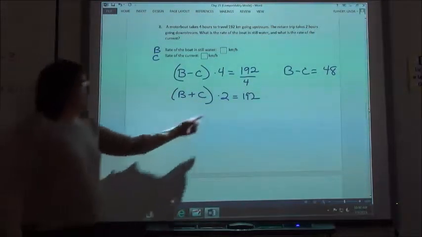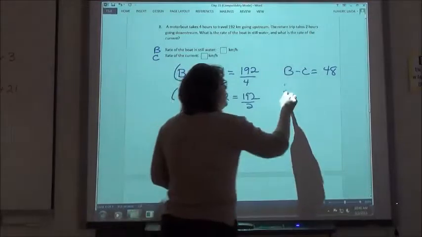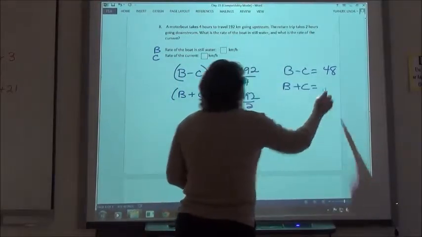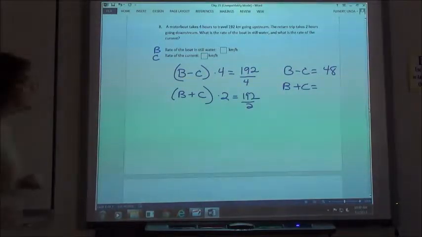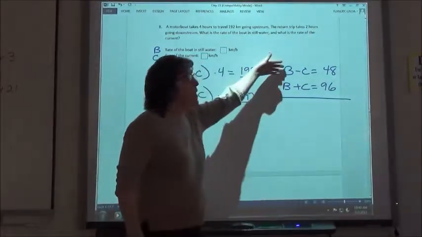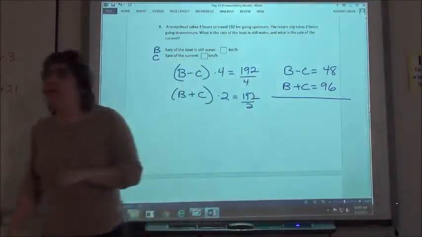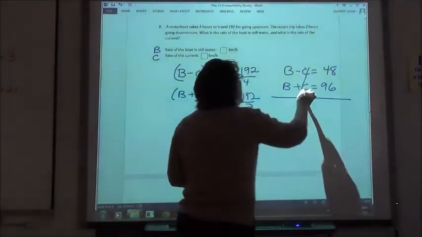So again, I'm going to divide by that 2 right away. So that B plus C is going to equal 96. Now I have one difference and one sum. I can just go ahead and add those together. If I add my 2 equations together, I'm going to get